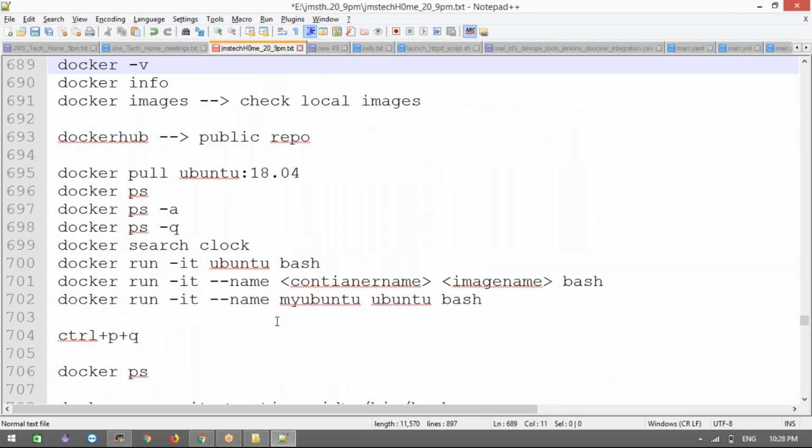Docker exec is used more because the container is running in the background. How we run it in the background, we are going to discuss later. Instead of -it, we are going to use the -d option. It will run in the background and won't open a terminal on top of it. That we are going to see tomorrow. Guys, clear now?